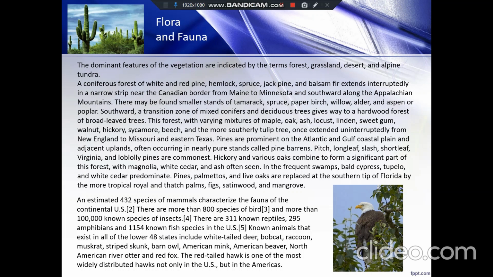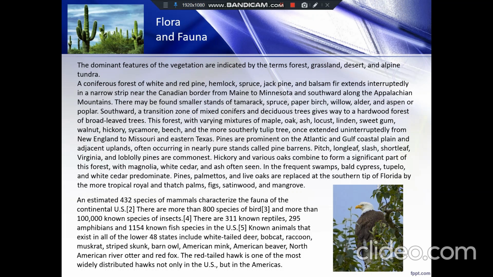An estimated 432 species of mammals characterize the fauna of the continental USA. There are more than 800 species of birds and more than 10,000 known species of insects.